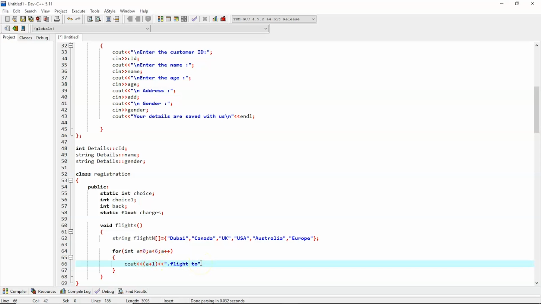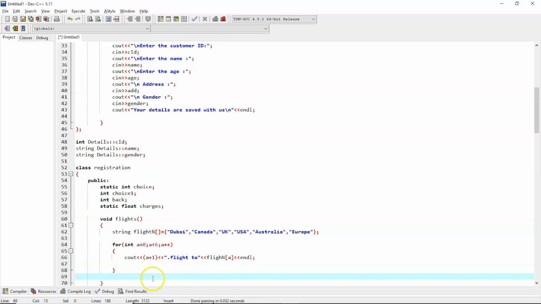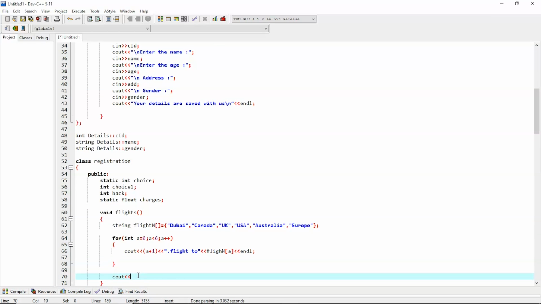And now after that we'll write flight n and L. Now all these countries will be displayed to the user. So now the user has to select a country. So first of all we'll write